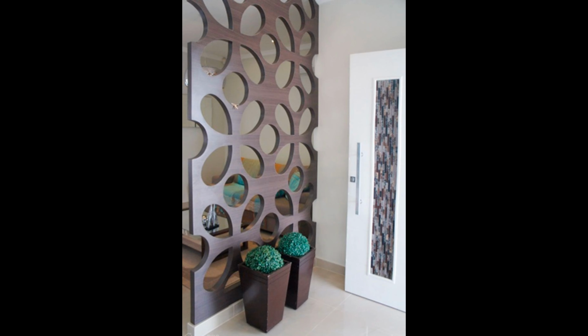Room divider curtains. Curtains are quick and easy to put up and a budget-friendly option too, enabling you to